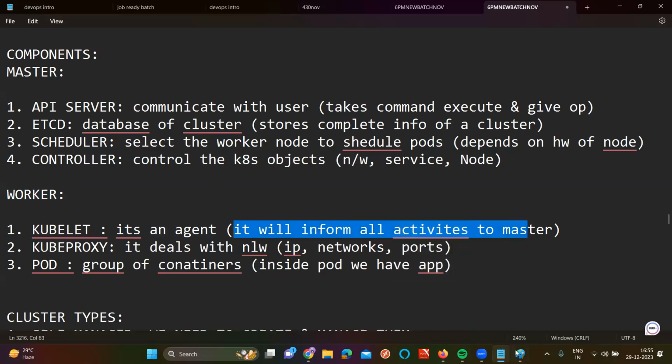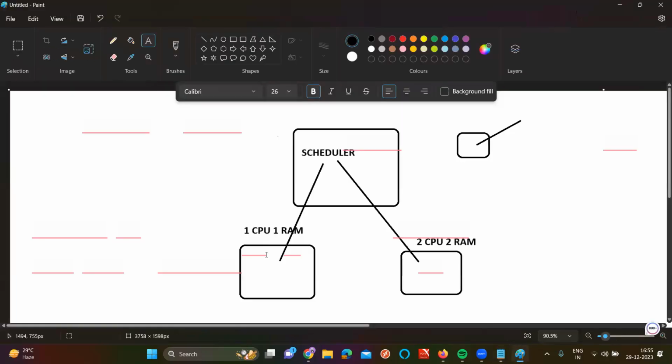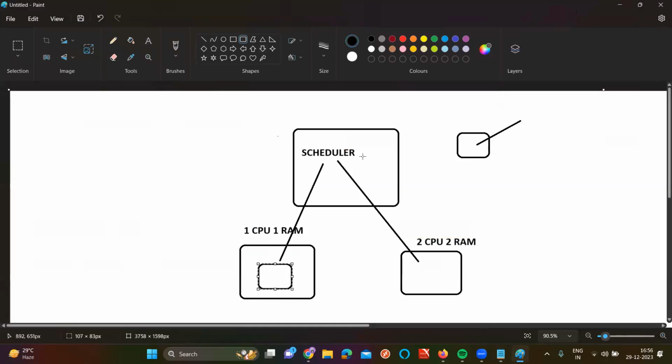For example, if a pod is created in the worker node, it will tell the master node that in worker node one, a pod got created. If I stop this pod, it will tell the master node again that the pod has stopped on the worker node. And if I delete this pod, or change anything on the worker node, each and every piece of information will be carried to the master. So it's an agent which will inform everything to the master.